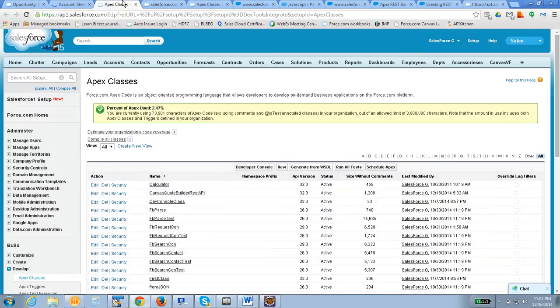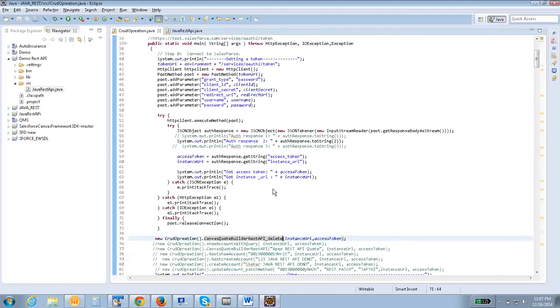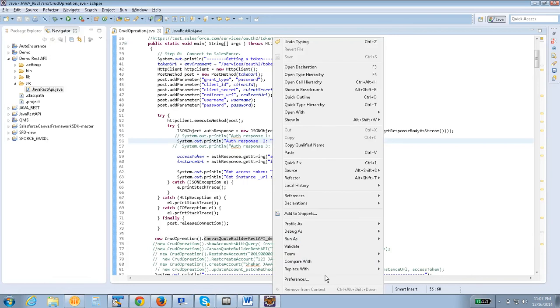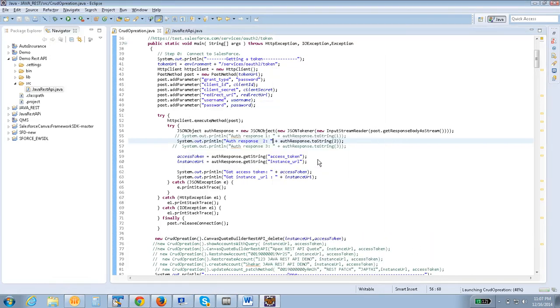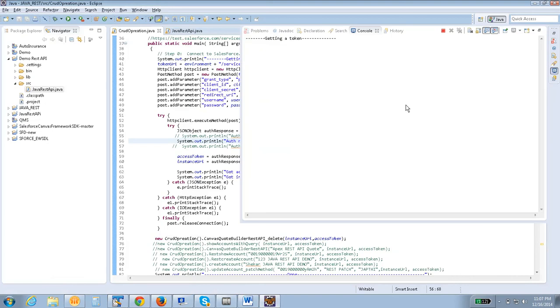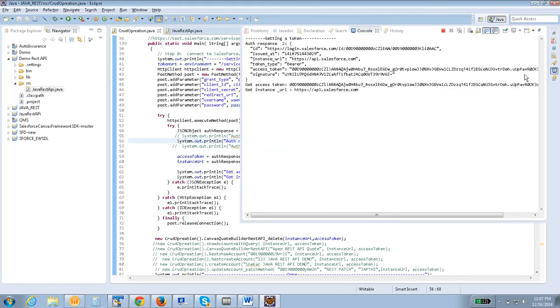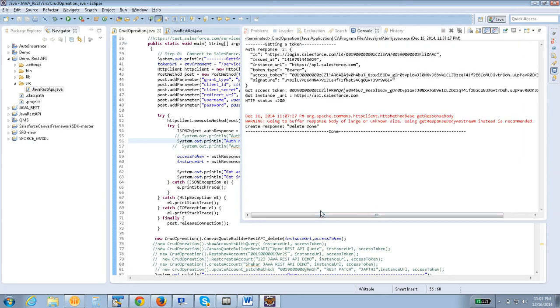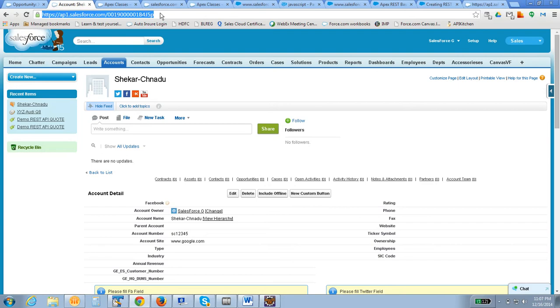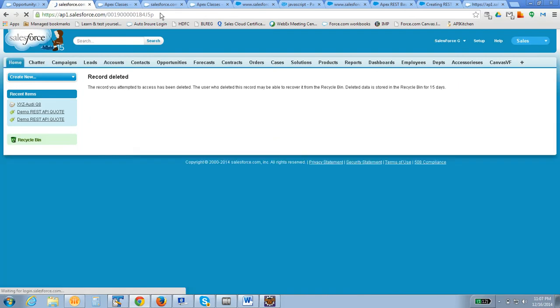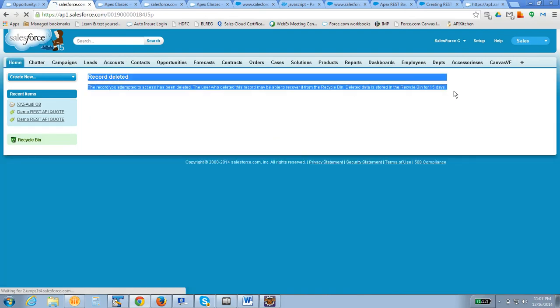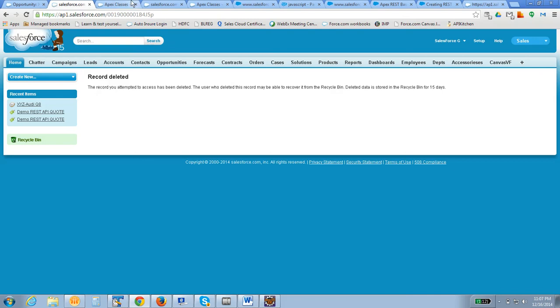Another thing is put and patch. Put is similar to post. The way we call it is the same as a post request, but we have to use the put method. Did you see the put method over here?